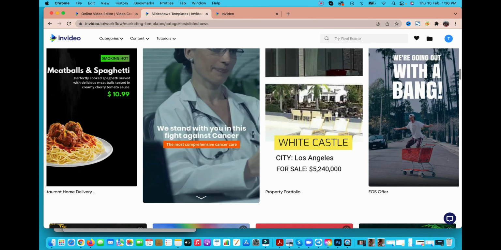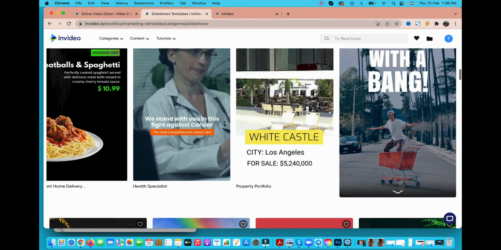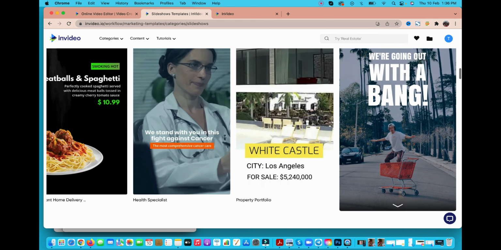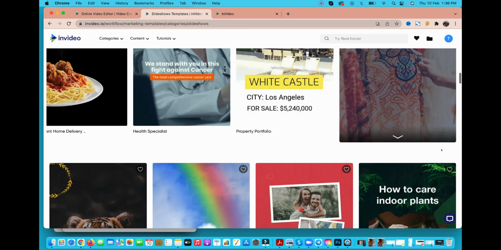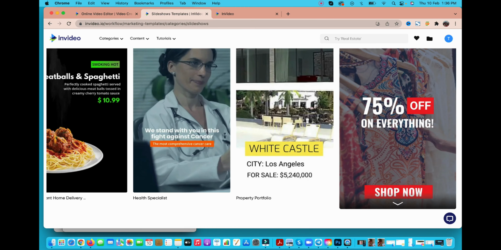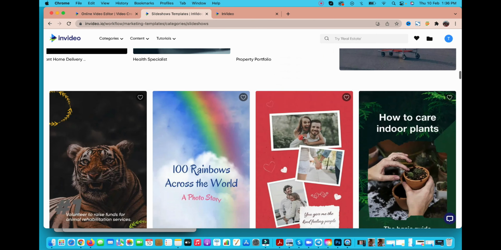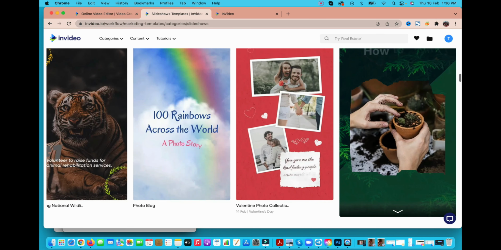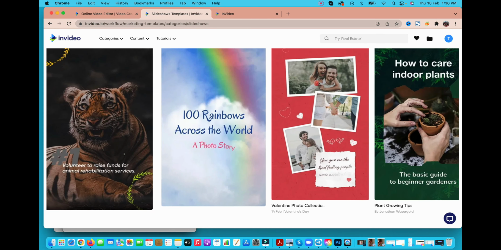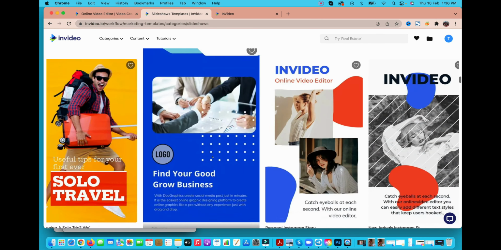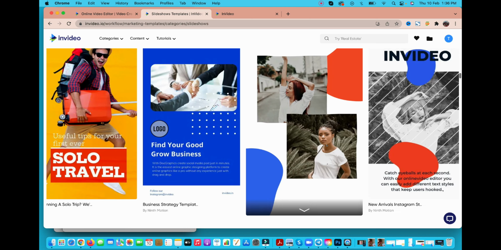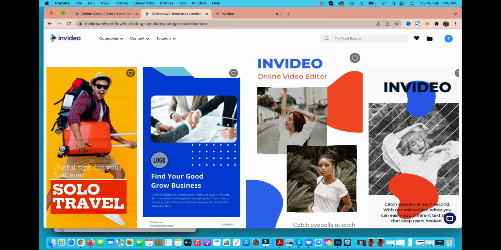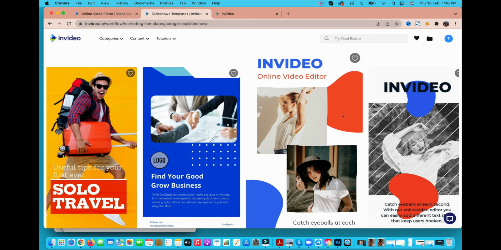So again, you can see we are going with a bank. Like anything related to the product or services we are providing, we can go with that. So it's like for sale, you can see. Then again, particularly you can say 100 rainbow across the world, volunteer, raise fund, online editor, solo traveler. So again, here there is in-house, like if suppose I have to make a video,